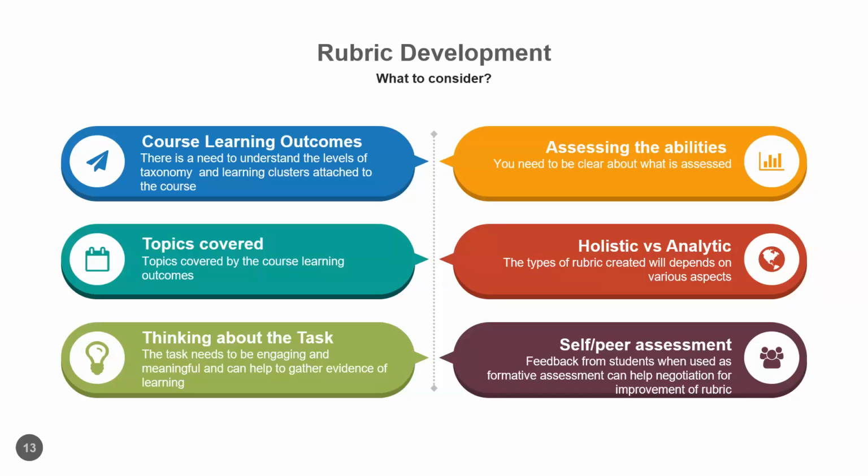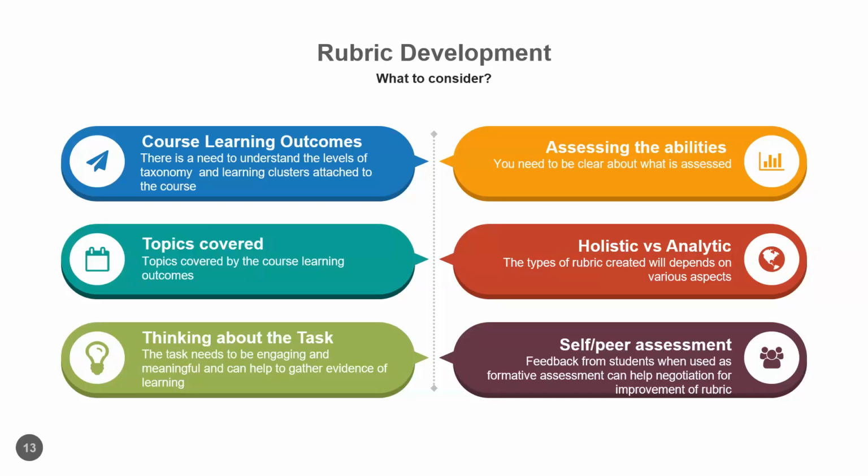Okay, the next thing you need to do in order to prepare the task is to also look at the course learning outcome in relation to the topic. I'm sure if you look at your syllabus again, you will notice that it's designed in such a manner that you've got topics, and they're also assigned to certain course learning outcomes. If you've got 4 course learning outcomes, they will be spread across the topics. So the topics will be related to the course learning outcome.